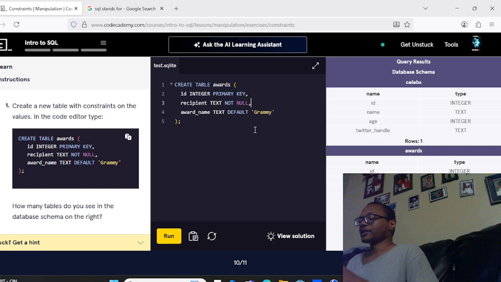Review. Congratulations, we learned six commands commonly used to manage data stored in a relational database and how to set constraints on such data. What can we generalize so far? SQL is a programming language designed to manipulate and manage data stored in a relational database. A relational database is a database